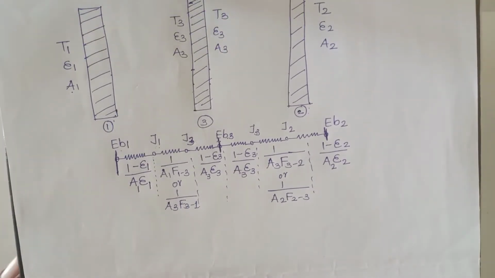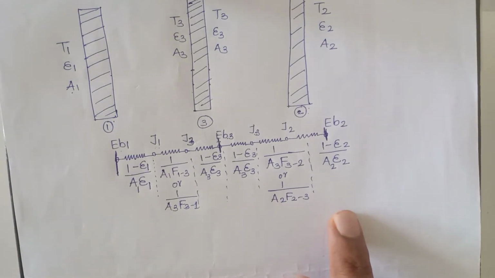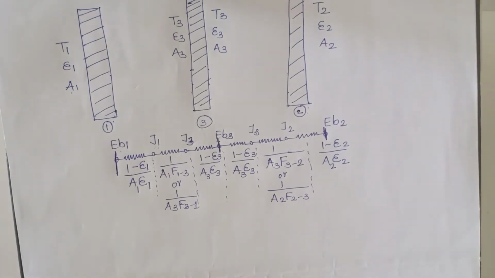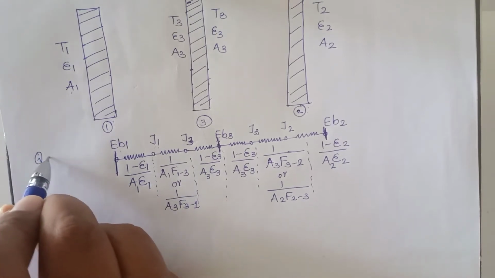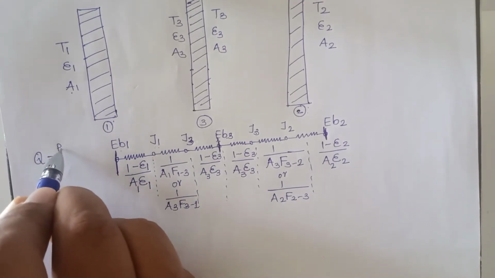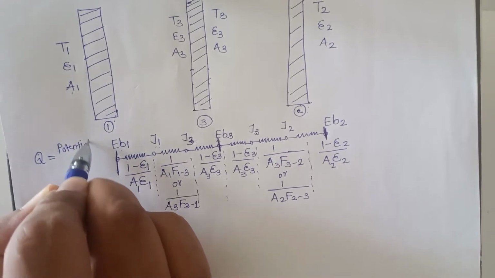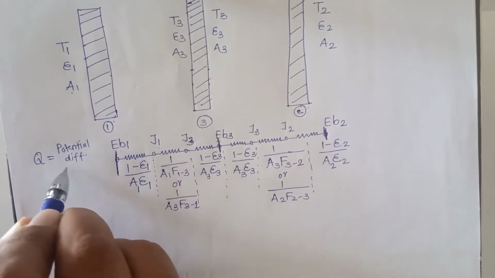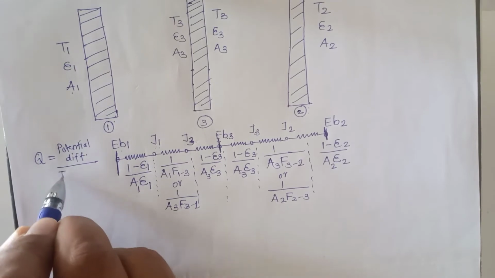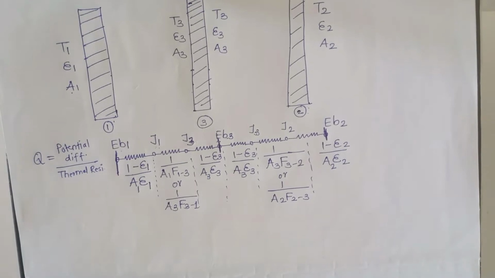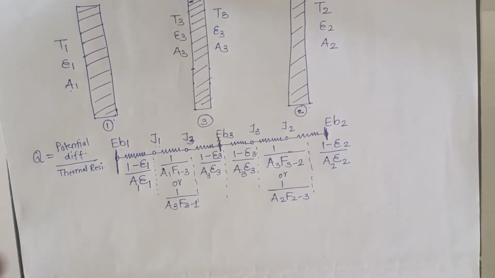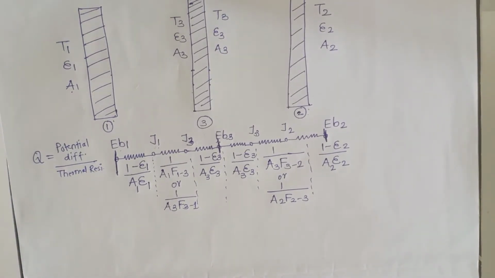The benefit of the electrical analogy is that we can simply write down the expression for heat transfer. If we want to write the expression for heat transfer by electrical analogy, we can simply write it as the potential difference, whatever is responsible for heat transfer, divided by thermal resistance. This is the simple understanding that we are using in this entire expression. So now we will proceed towards our derivation once the fundamentals are set.